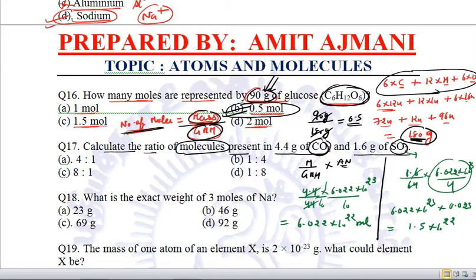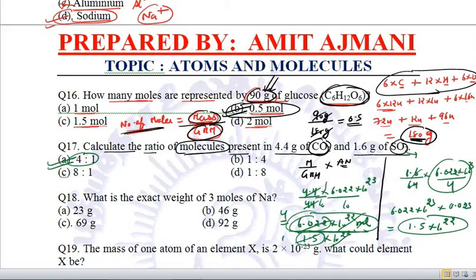So now we will calculate the ratio of these many molecules to these many molecules of sulfur dioxide. It simply is 6.022 into 10 to the power 22 divided by 1.5 into 10 to the power 22. Cancelling it out, 6.0 divided by 1.5 comes out to be 4:1. So the answer is the first option,